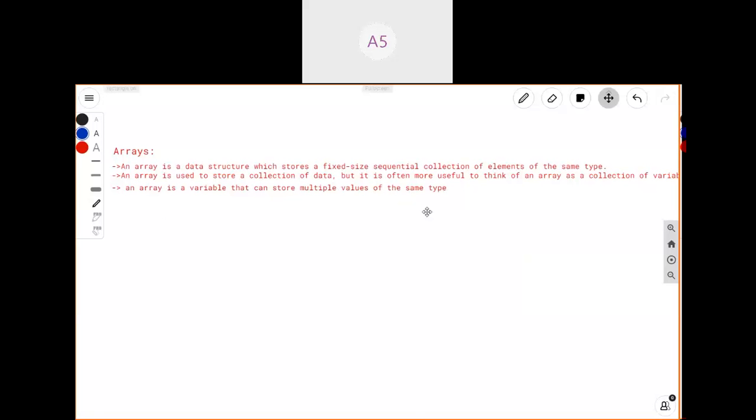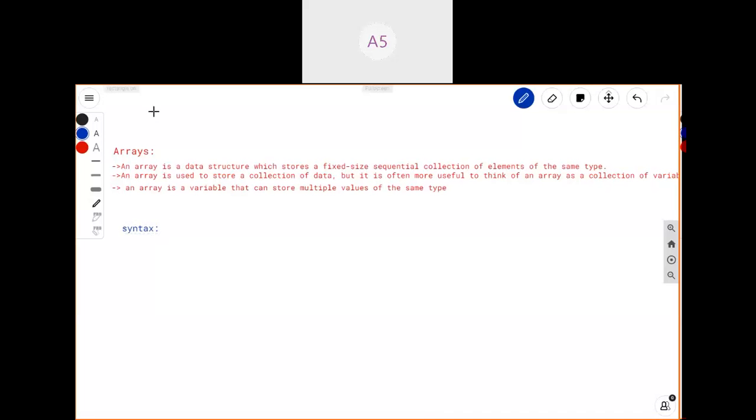Then how can you store these multiple values in a single array? Let's look at the syntax to declare an array. First, for variables, what is the syntax?